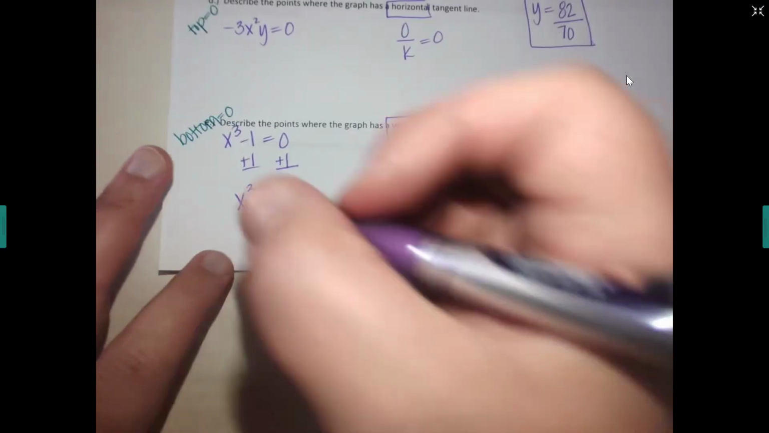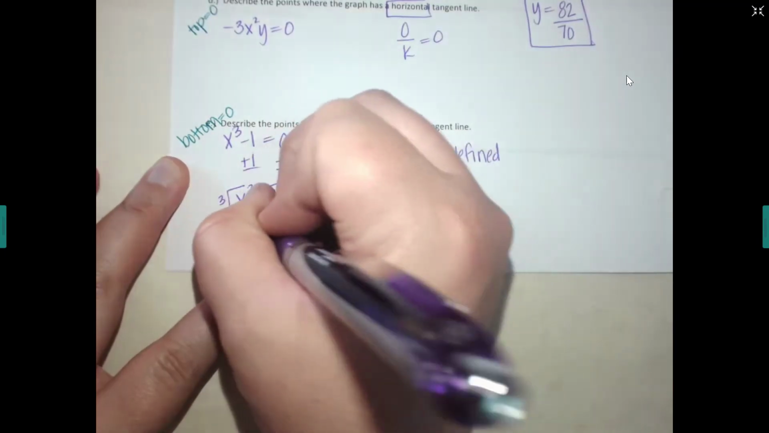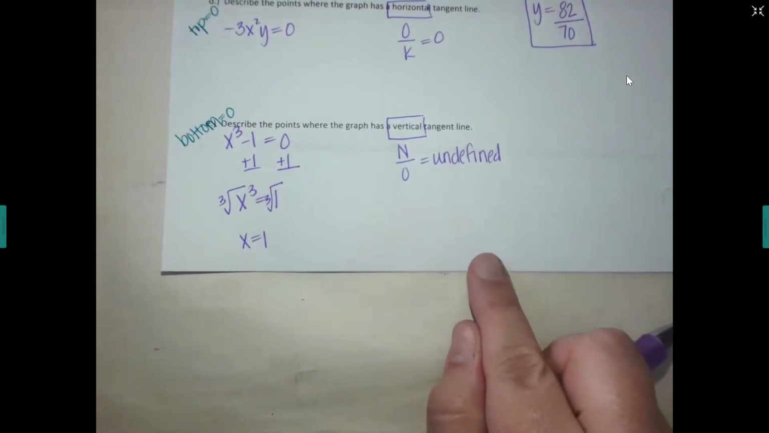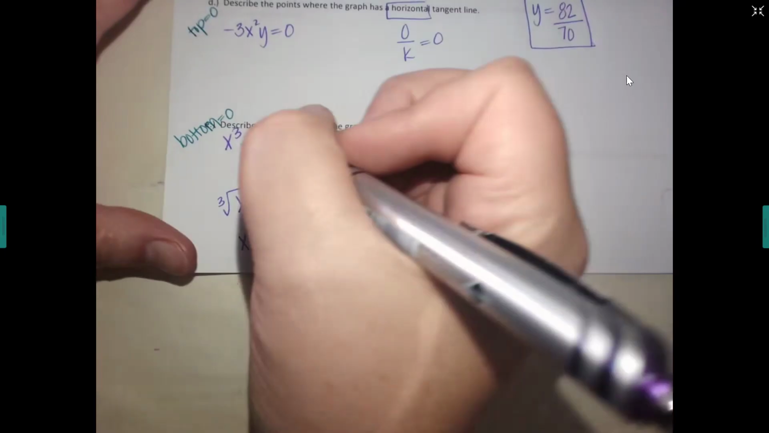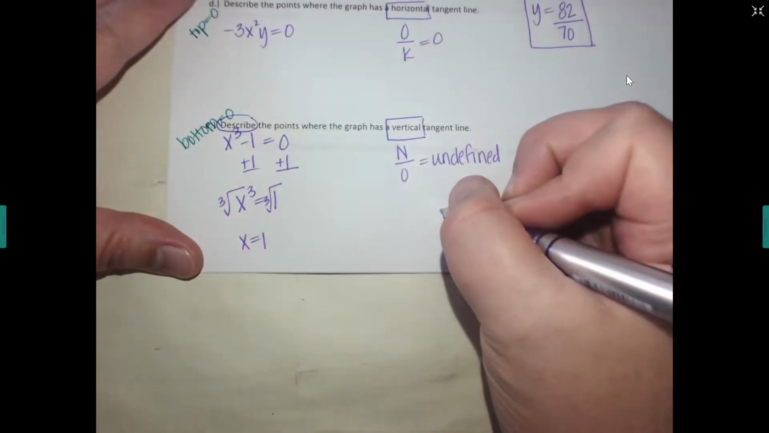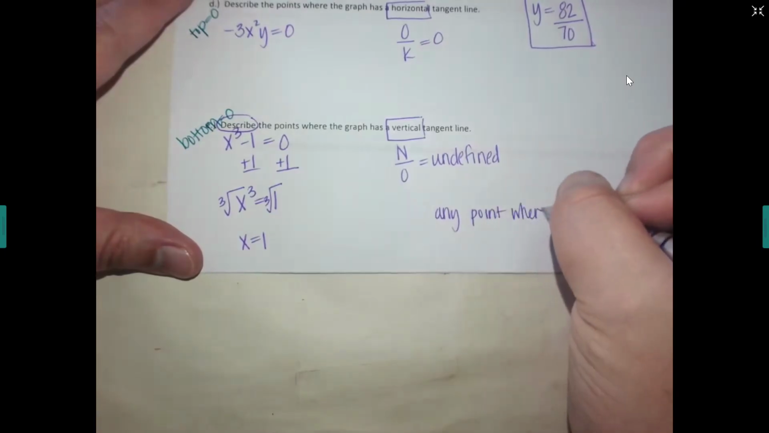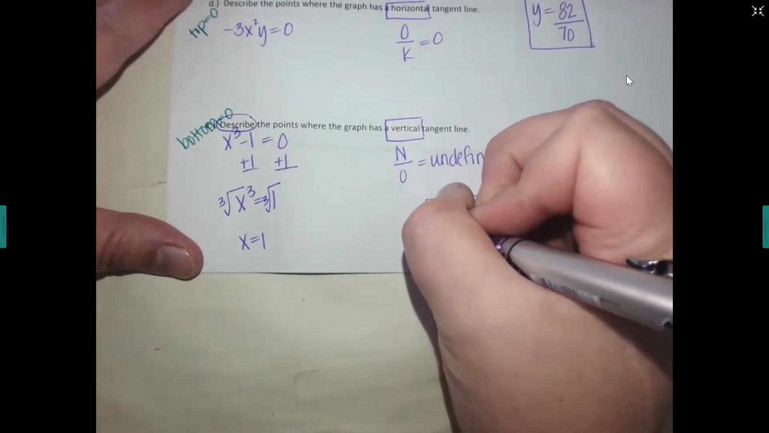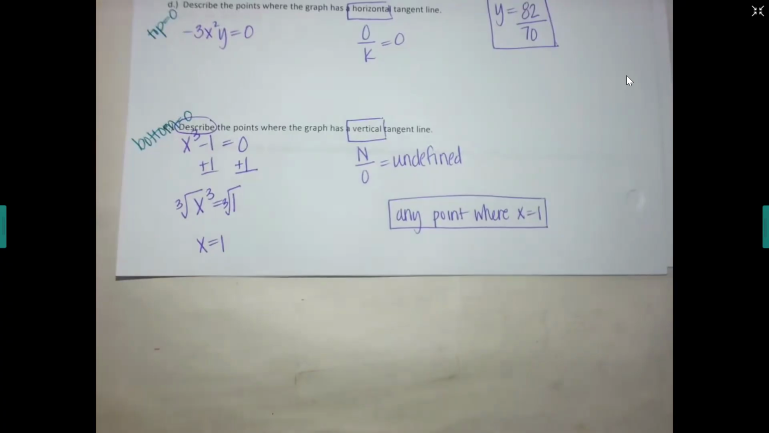Then take the cubic root. What's the cubic root of 1? 1, so x equals 1. Now, if it says to describe the points, remember, just telling an x or a y, that's good enough. So if it says describe, you would say any point where x is a 1. Now, if it says to find the point, you would need to go back and find the y that goes